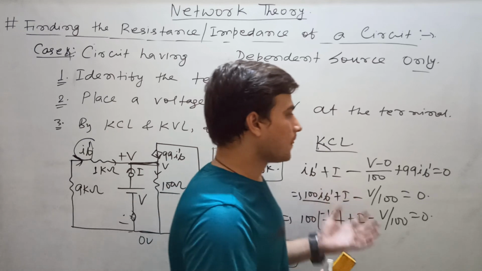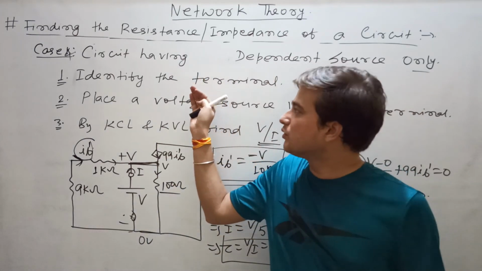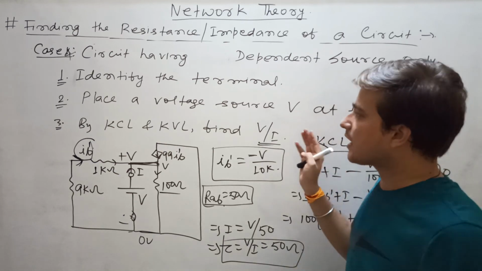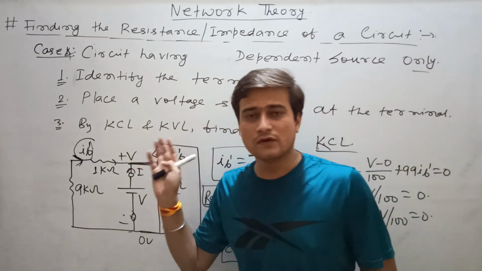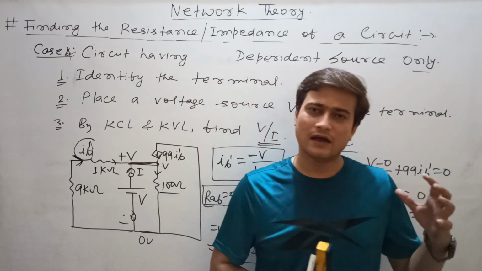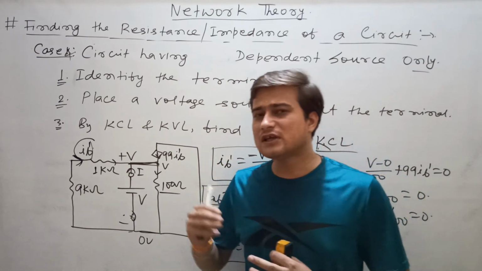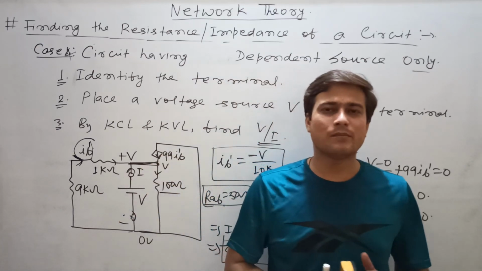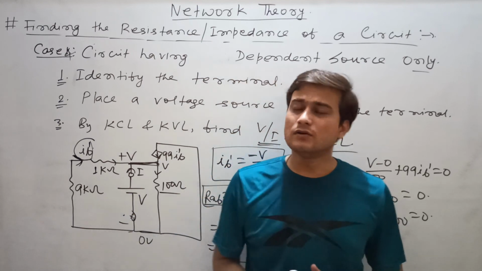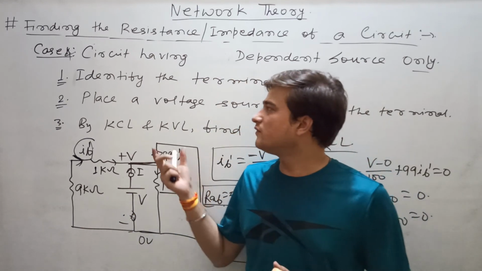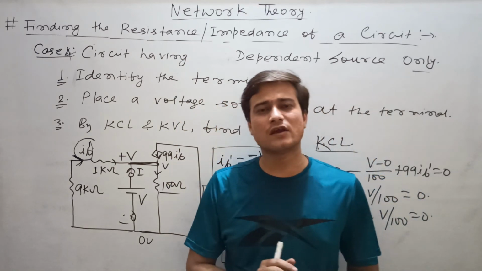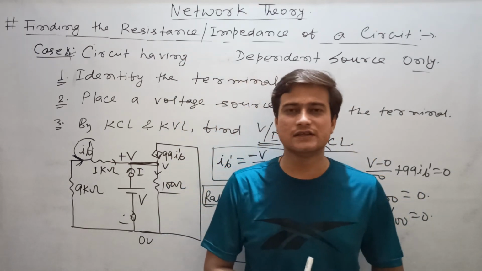Clear? So you can see that now you can easily find the resistance of any kind of circuit. There are only 4 different types of circuits that are possible, and they will ask to find equivalent resistance. So the topic is very easy. You only have to remember the steps, that means how to solve. By this way you can find the value of resistance in the circuit.